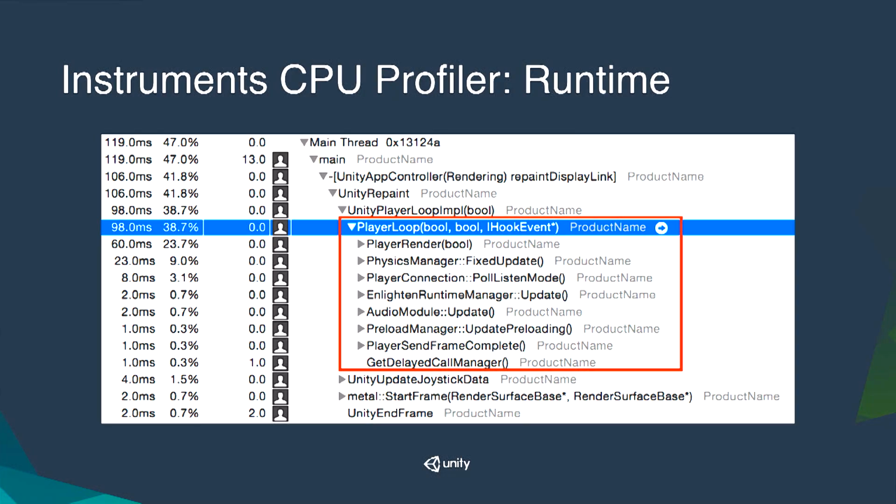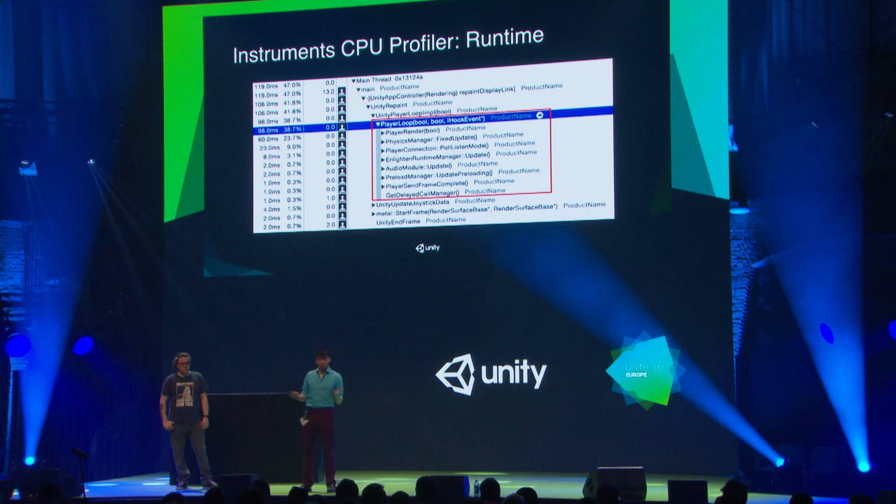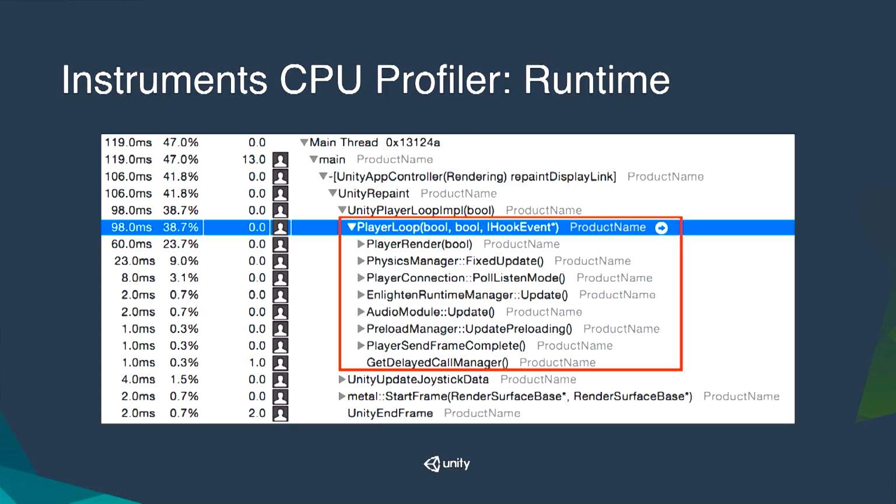Instruments also provides excellent data for when your game is running. Now, this is aggregate data. Unlike the Unity profiler, you can actually select and view data that runs across multiple frames, or you can dissect a single frame. On this slide, I've highlighted the PlayerLoop function. Again, as you can guess, this is Unity's main loop. The code inside of this is running once per frame. There's a lot of stuff that goes on inside of here, so I'm going to highlight some of the most